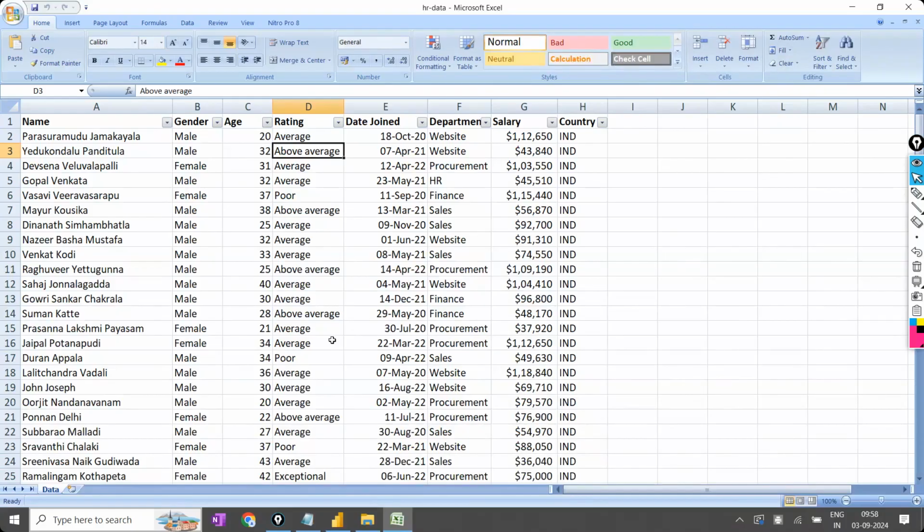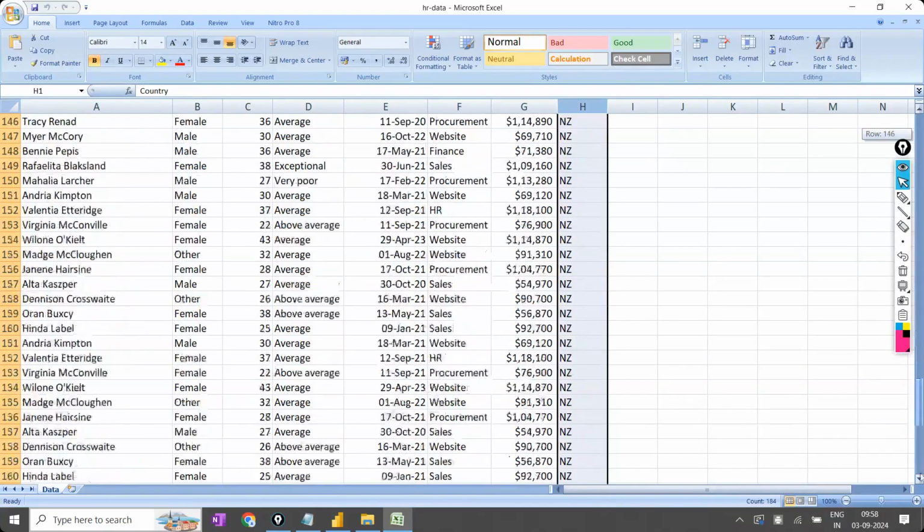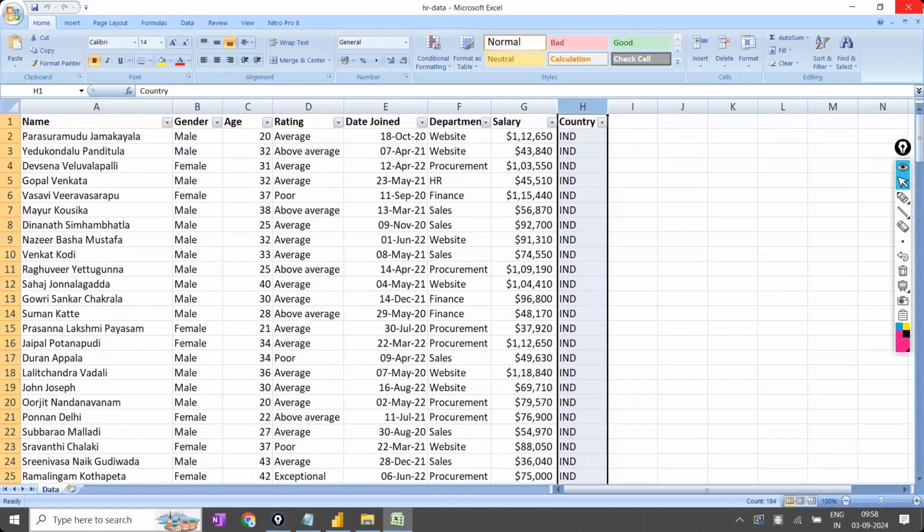There is a company, and in that company, different people are there. Gender wise, and age, and their rating, and the date they have joined, and department, in which department they are working, and what is the salary, and in which country they are working. Assume this company is operating in two different countries, like India and New Zealand. And you are going to get it like this.